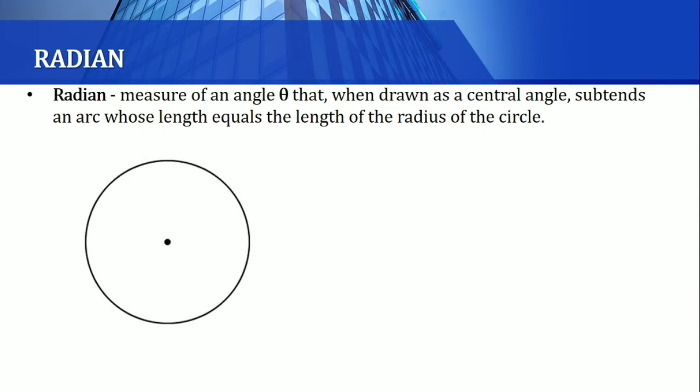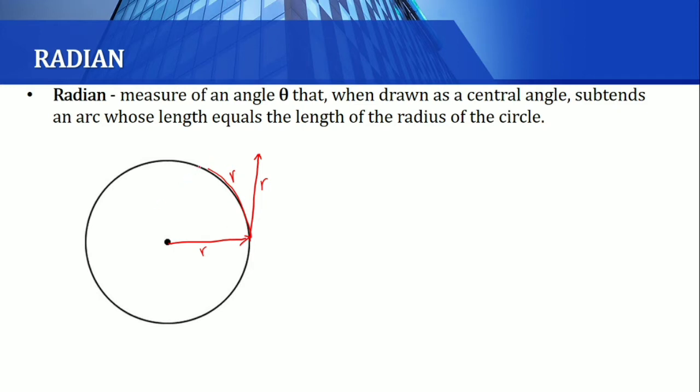So, sabi niya dito, when drawn as a central angle, it subtends an arc whose length equals the length of the radius of the circle. So, if we have a circle here, and we have a radius, ito yung radius ng ating circle. And kapag itong radius na to is pinoject ko dito, this is equal to radius, and radius din ito. And kapag itong radius natin is nilapat ko dito sa ating circle, so this is equivalent to radius pa rin kasi na-curve siya,